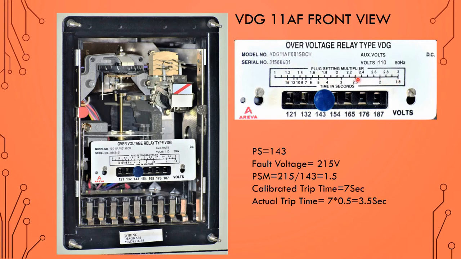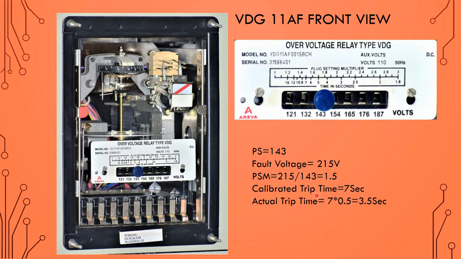And also this table is given, that is clock setting multiplier versus time in second. This time in second is nothing but the calibrated operating time. That means the relay is already calibrated for a particular value of fault parameter and for that the trip time is given. If the relay is not calibrated, then we cannot say how much the trip time will be for a particular value of fault voltage. And as the scale is given, and as you have also seen in the electromechanical relay, whenever we apply some fault parameters, we are able to calculate the trip time without operating the relay.